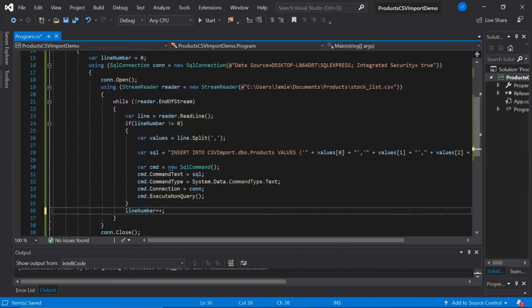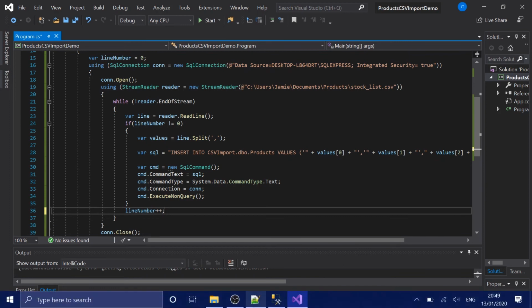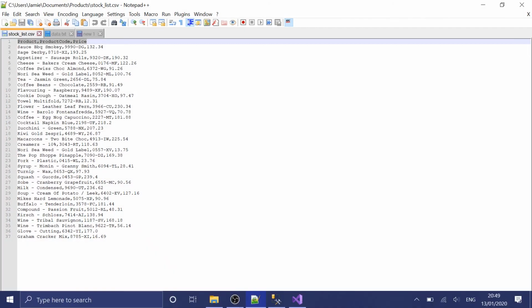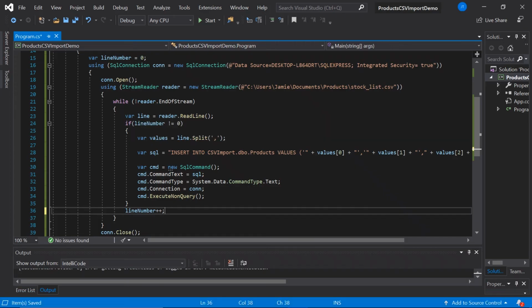Okay, so let me just explain what we've done here. So on our first pass through of the while loop, we first enter, we'll read in the line, which will be the first line of the file, which of course is the heading line. We'll go to the if statement, and at this point line number is 0, because that's what we set it at to begin with, and we're on our first pass through. So we won't meet the condition for this if statement, so we'll pass over all of this, so we won't process the header line. We'll then increment line number by 1, then we'll go back through the while loop,